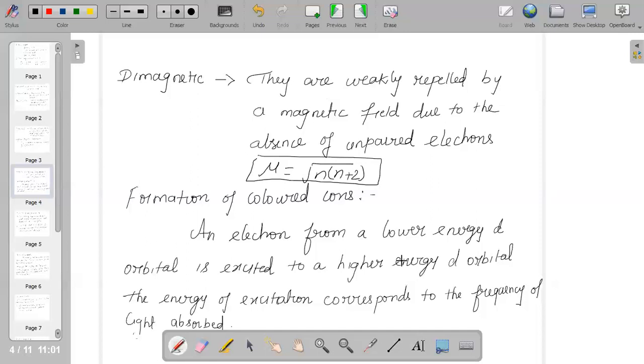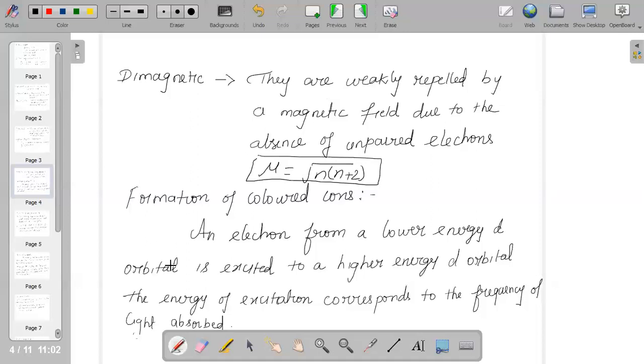And hence you could say that the colored nature of the transition metal cation is because of the promotion of one or more unpaired electrons, or we could say unpaired d electrons, from a lower level to a higher level, but it should be within the same d subshell. And of course the promotion is going to require a small amount of energy, and that is being available in the visible light.